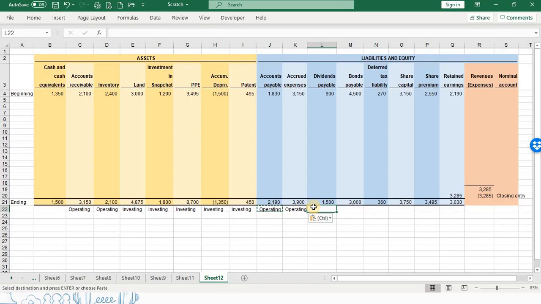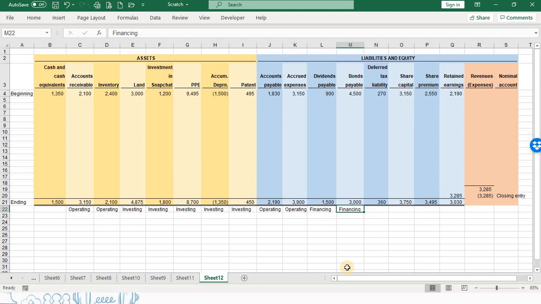So now, dividends payable will be classified under the financing activity. Next is bonds payable. Bonds payable as a non-current liability is classified as financing activity. For deferred tax liability, although this is a non-current liability, it cannot be classified under the financing activity